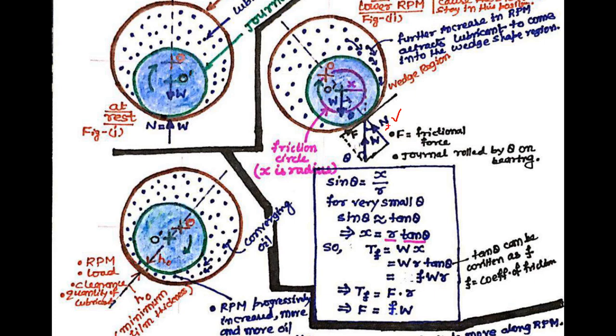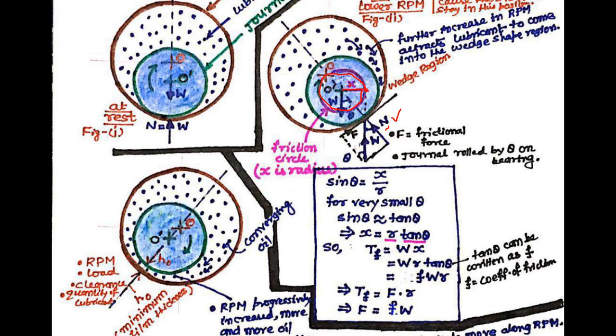For this we can see here this W resultant load, we can extend this W and it meets the radius or diameter of shaft or journal at this point. Now from the center of the journal O to this point, take this distance as radius and draw a circle. This circle is called friction circle.